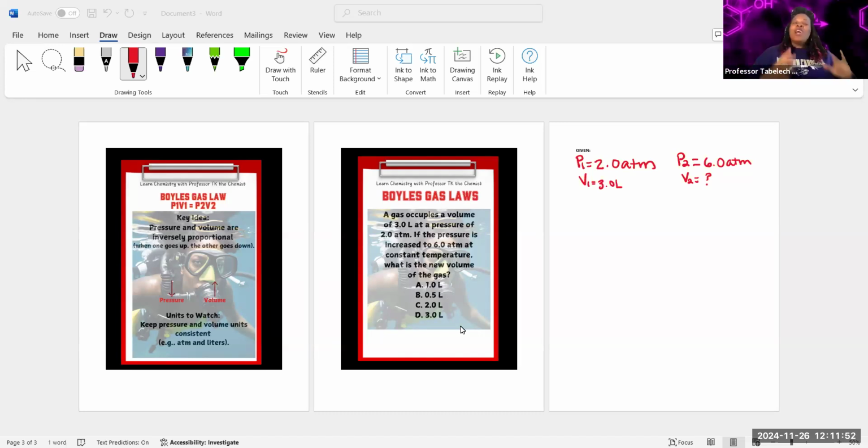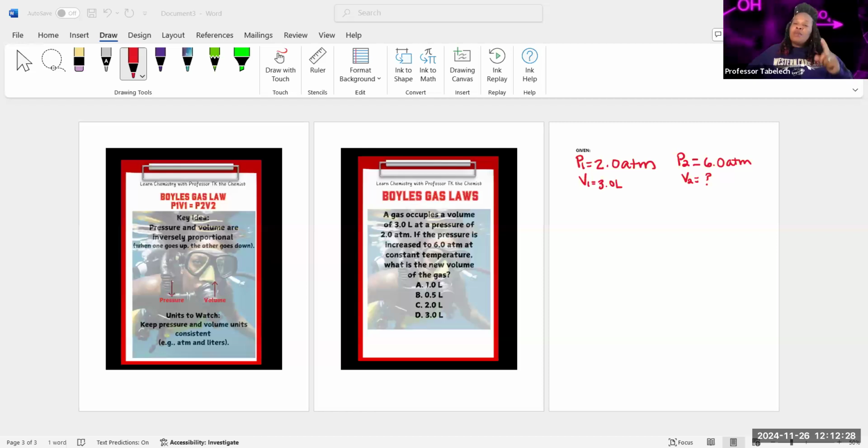Let's get into it. On the screen, what you all will notice are a couple of things. First side that you see are the gas laws for Boyle's. Boyle's gas law deals with the fact that pressure and volume are inversely proportional to each other. That means that if one of those variables goes up, the other variable will go down. What that also means is if you were given a graph and you had to look at what is going on within that graph, you will see a curve, and that curve will illustrate those two variables being inversely proportional